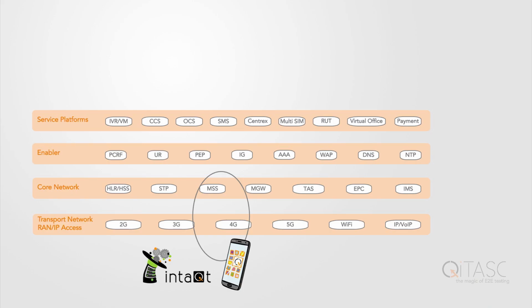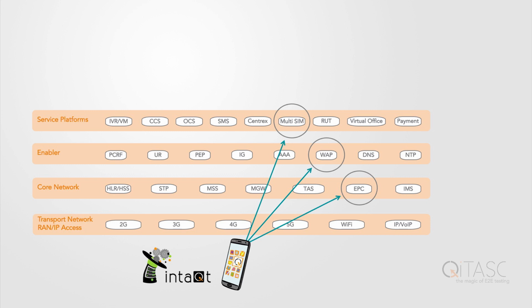In the next step, we are creating test cases where we also require, let's say, AAA functionality, PCRF functionality, user repository functionality, and where we are doing some slight changes to these parameters and see if our services are still working, if our calls, our data access, our SMS actions are still working. We can do this either for the whole network infrastructure, or we can pick out some test cases which are focusing especially on certain functions.